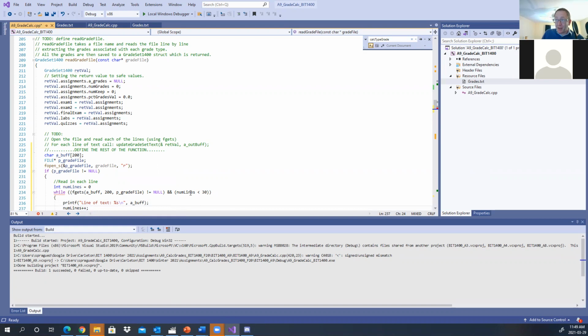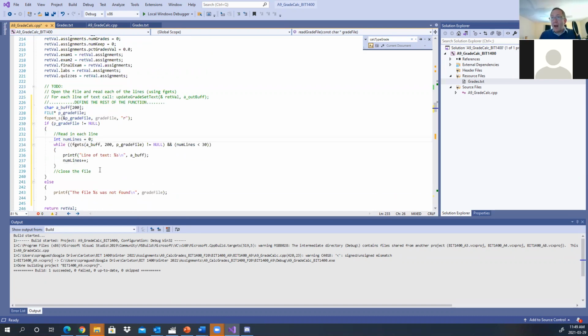So I like being a little paranoid. I'll put a little counter in there just to make sure that this is going to actually stop. So if it ever gets up to 30, stop, because I know I don't have 30 lines in here. Okay, why is that while loop yelling at me? Let's have a look. Missing semicolon on the line above. There you go. Okay. And then I said I wanted to close the file. So I'll finish that one last part